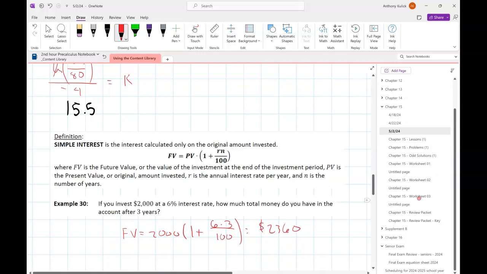So how much money did we earn in interest over those 3 years? $360, right? The $2,000 was our initial investment. The interest that we got paid was only the difference, the $360. Not bad for doing nothing, but